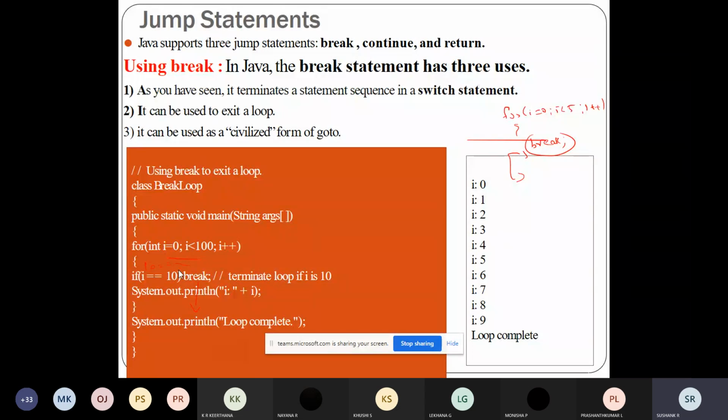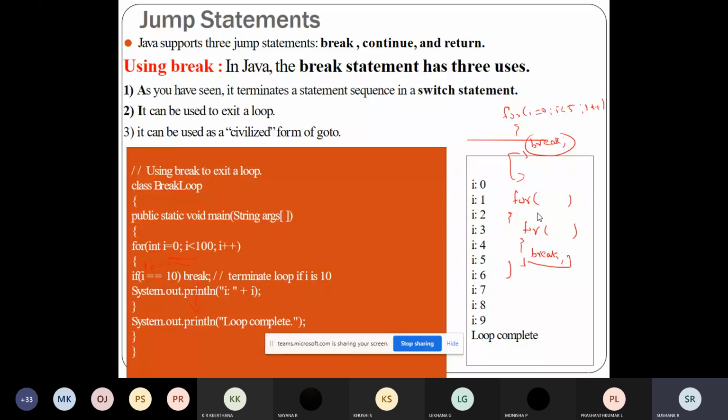So whenever we have two for loop statements, and within one for loop you are using one more for loop statement, if I'm using break here, this break will help you to come out only of the inner loop, not the outer loop. Wherever you are using that break statement, it will come out of that control statement. Two for loops are there. If I'm using the break statement inside the inner for loop, the control will come out of the inner for loop only, but the outer for loop will work as usual.